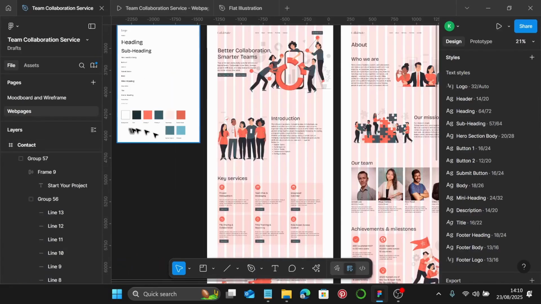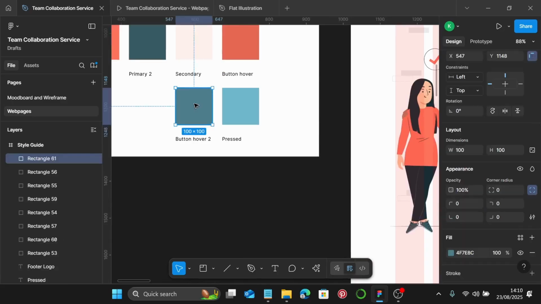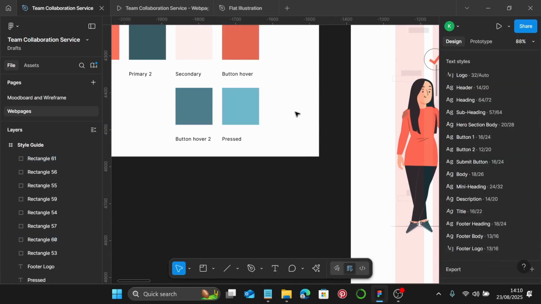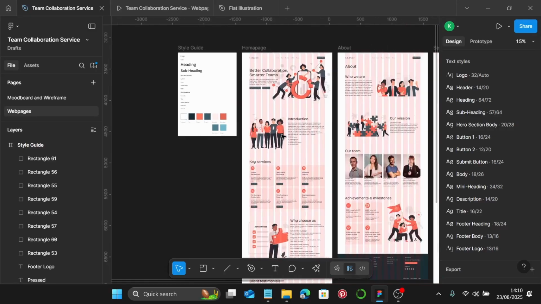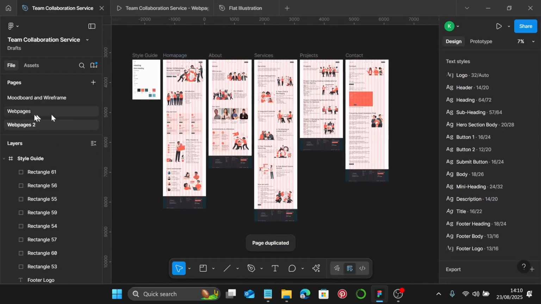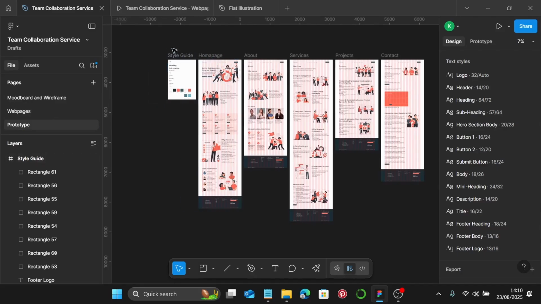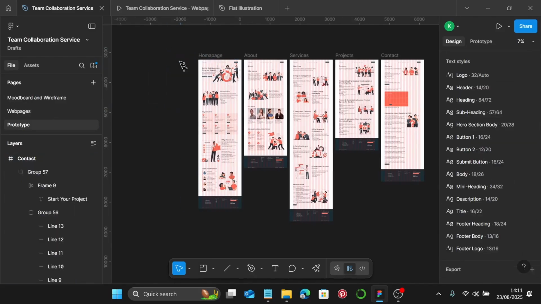And also I've added two more colors, button hover and press. These are the colors. Don't worry, they will be in the style guide in the description box below. If it's too much, it probably will be part of the GitHub repository that has all our text and image links to the images. But I'll just add these two other colors in. I'm going to save it, but what I'm going to do now is duplicate the page, and this I'll rename prototype, so I can have design, and I'll just delete this style guide from the prototype